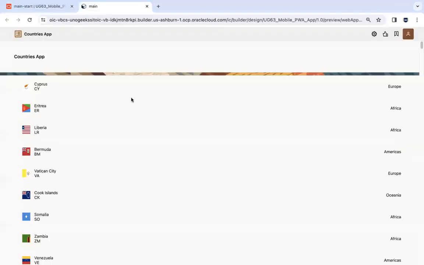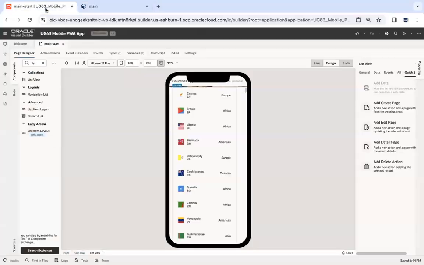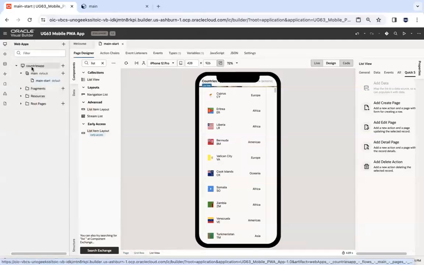Remember, this is an application that users need to use on their mobile device. So how are they going to do it? They need to have a way to install this application on a mobile device. At the moment, when I click on preview, I don't see an option to install the application. But if I go ahead and click on the countries application